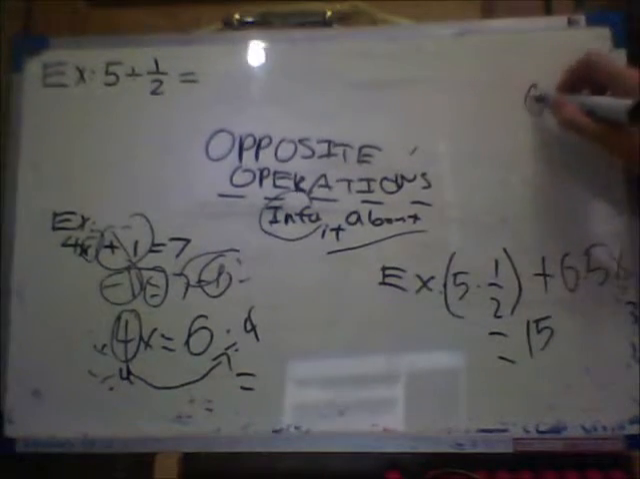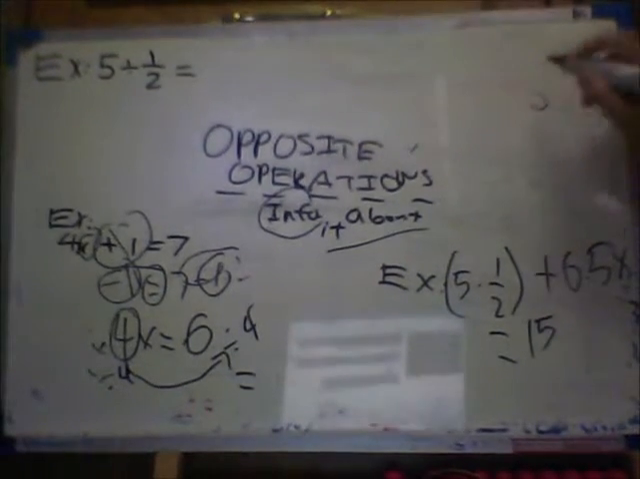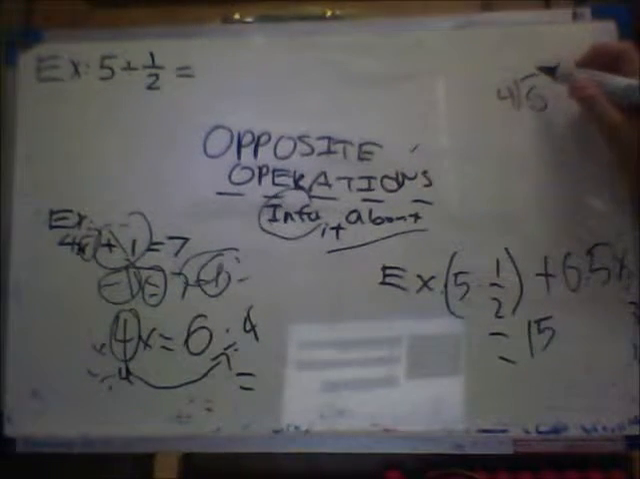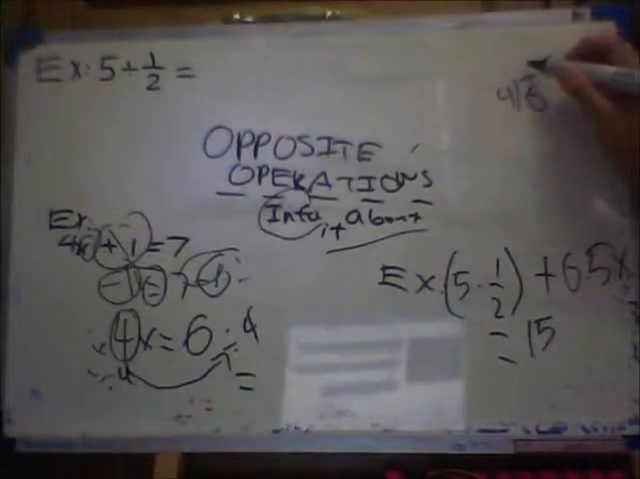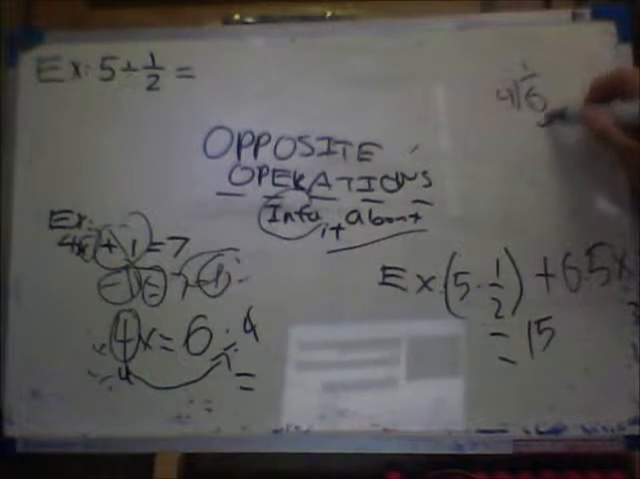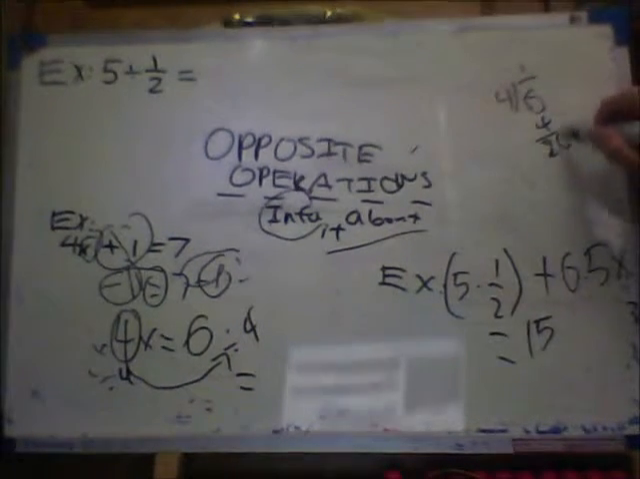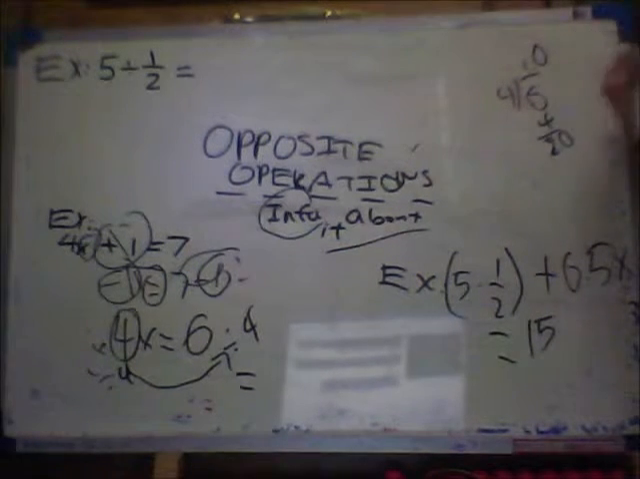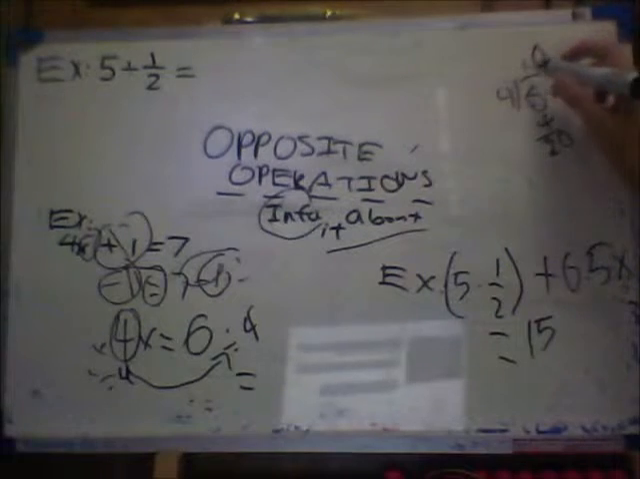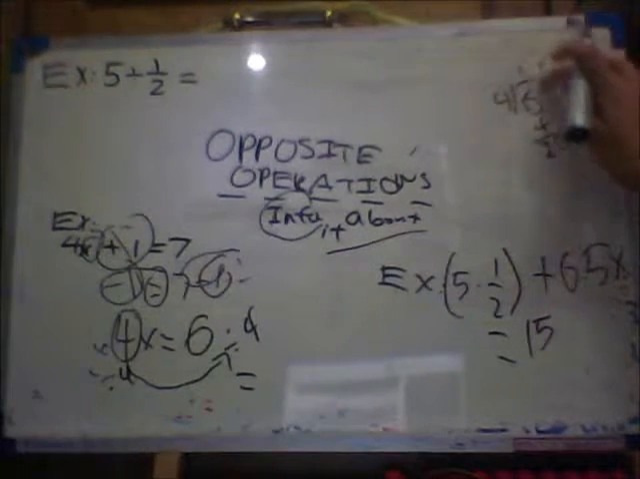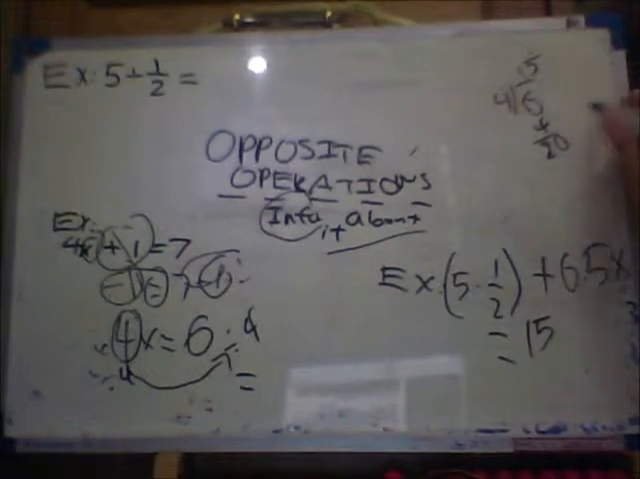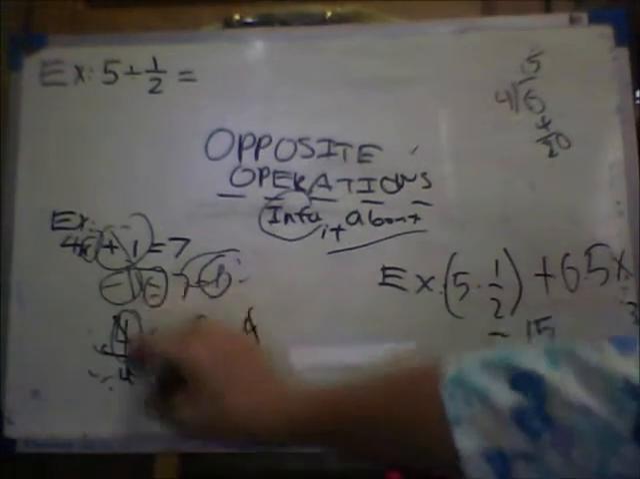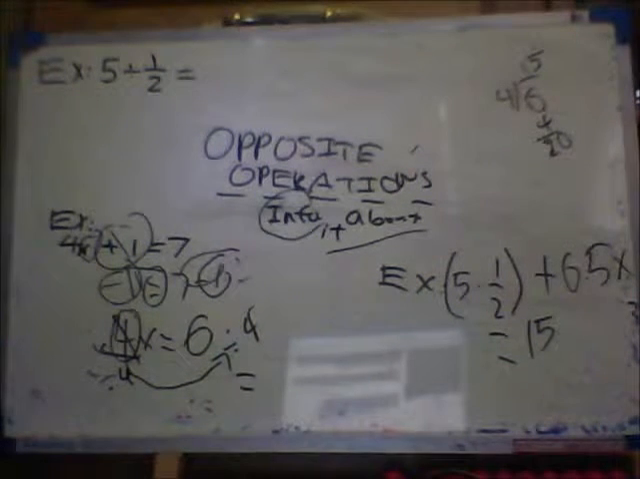6 divided by 4 equals... 1.5. Yeah, 1.5. So after you cancel this, 4 divided by 4